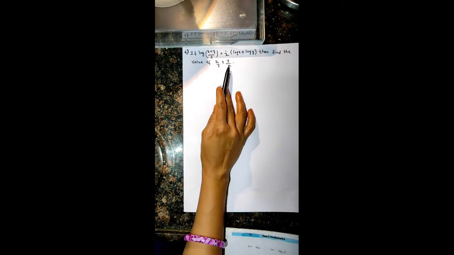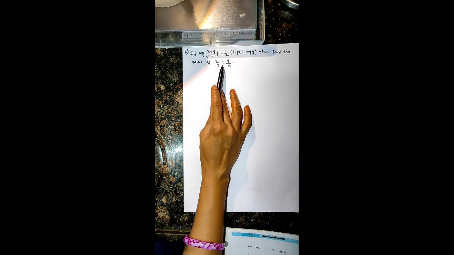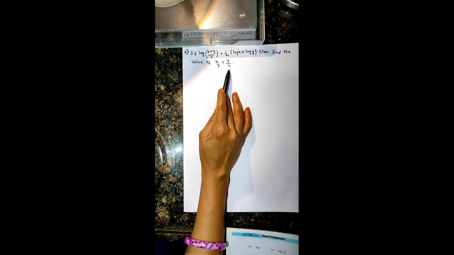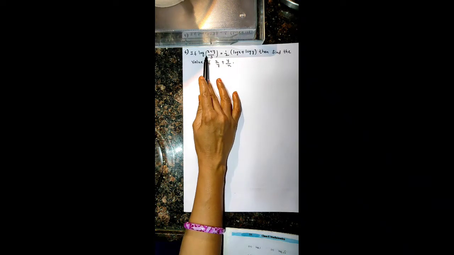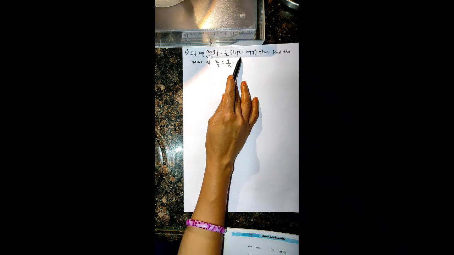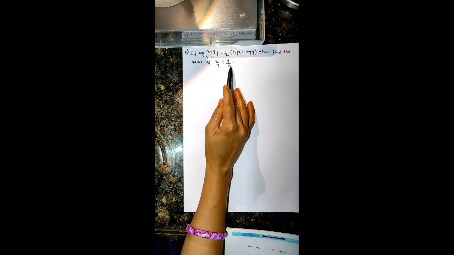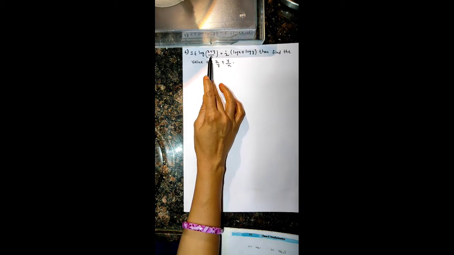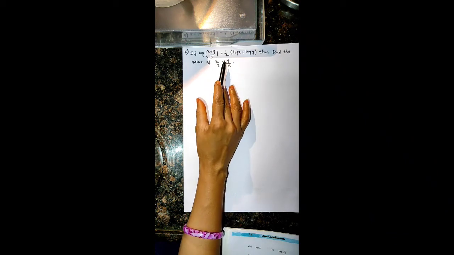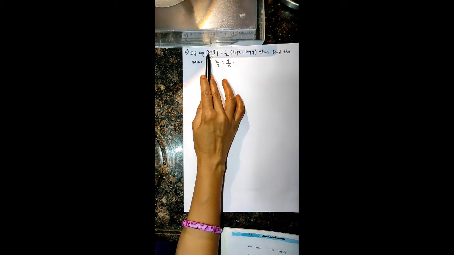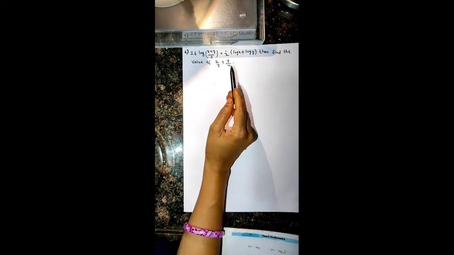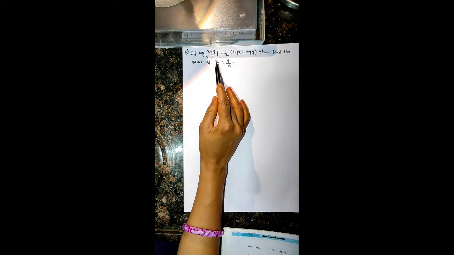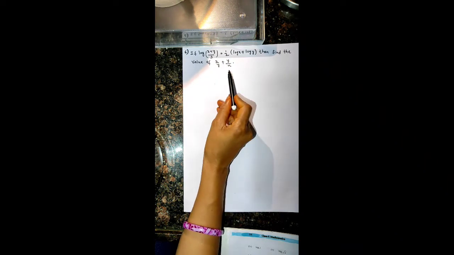Here, what is the value we have to find out? The value of x by y plus y by x we should find out. Here, they have given it in the form of logarithm. But we have to find the value like this, means no logarithm is there. To find this, whatever they have given, from those we have to remove logs. Then automatically we have the variables x and y, no? The variables we will get. Next, from that we can find that value like this.